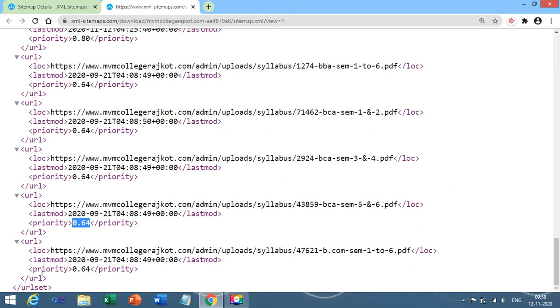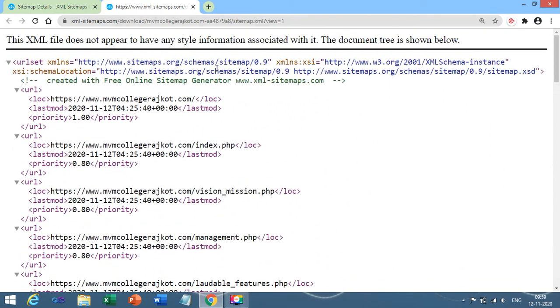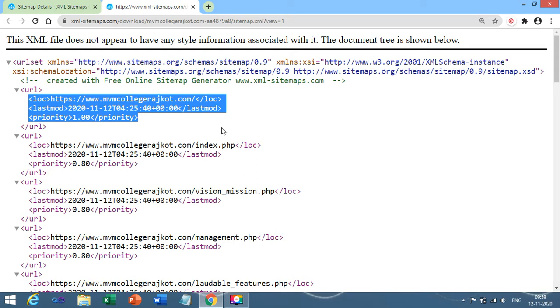So the minimum priority is 0.64. That means 0.5 is the half priority given to the page, but this is more than that. When you set a higher priority, there is a higher chance that that particular link will be used.